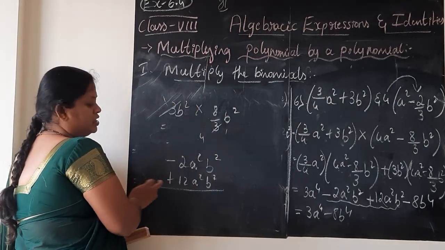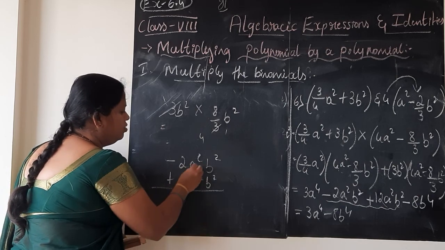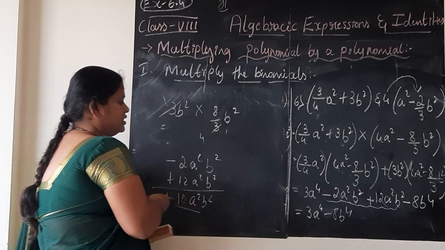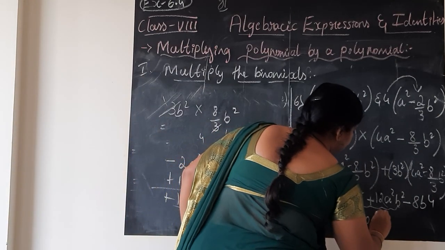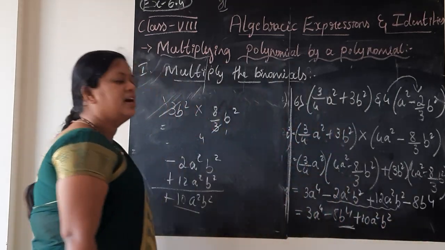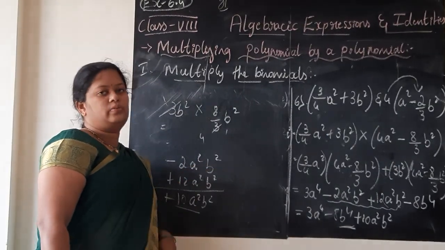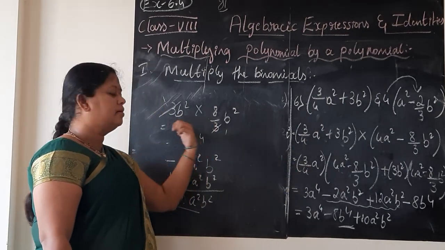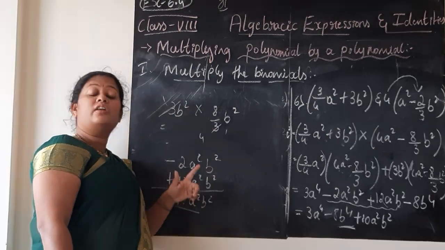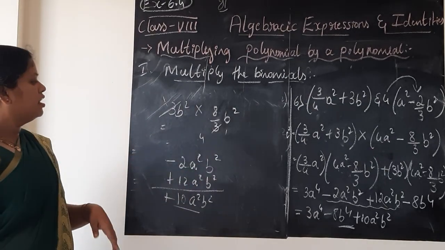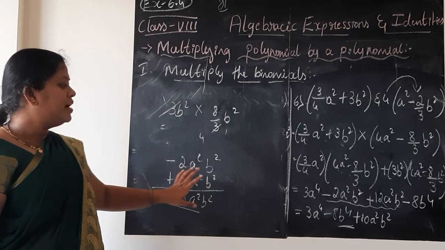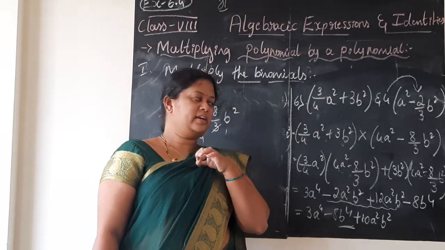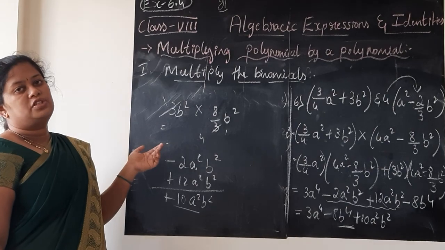One number with plus and one with minus means subtract. 12 minus 2 is clearly 10. Don't disturb these variables, write them as it is. 12 is greater than 2 and 12 has the plus sign, means plus 10a square b square is the answer, children. This is about the 6th question. Hope you are clear with it. While multiplying fractions, be careful along with the sign. Along with the sign only you should multiply. This is how you solve. And in this addition and subtraction part, children, if you have the same variables, then only you can add or subtract them accordingly. This is about the first main. Next we shall solve the second main.